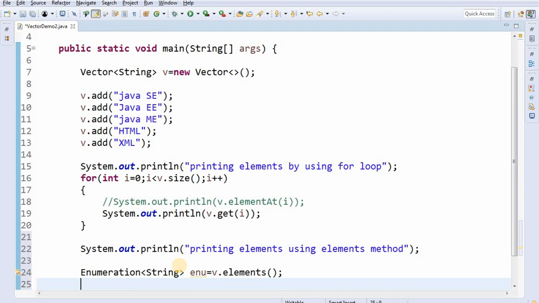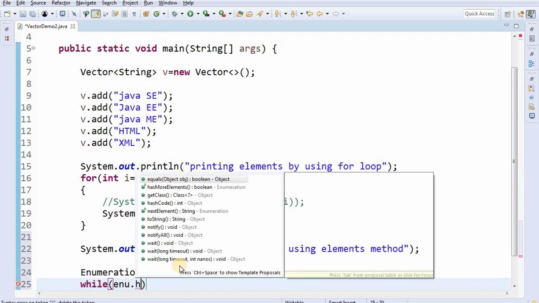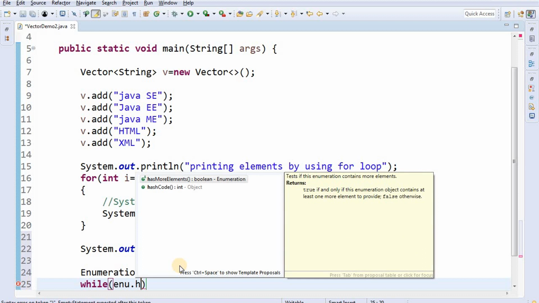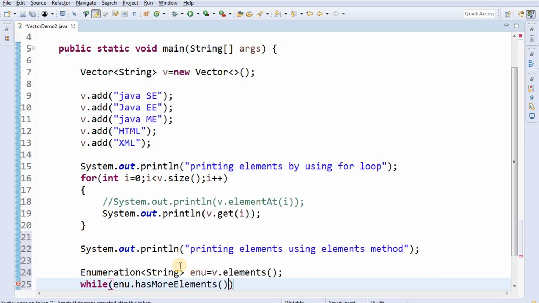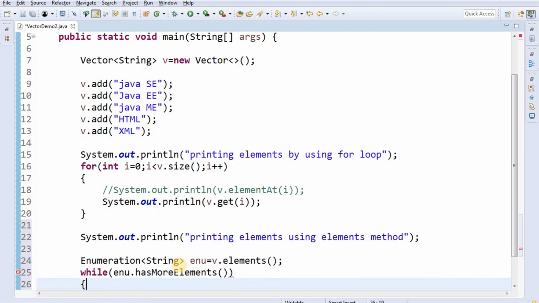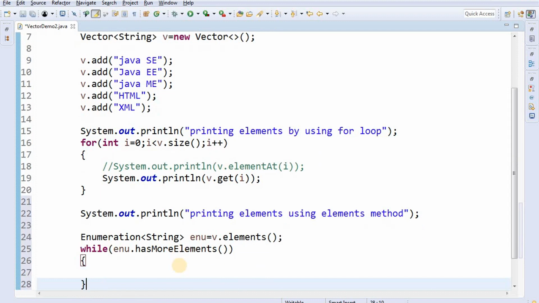Now to get the elements from the Enumeration, we have to use a while loop. While enu.hasMoreElements, it returns a boolean expression. If it has elements, it returns true, otherwise it returns false.